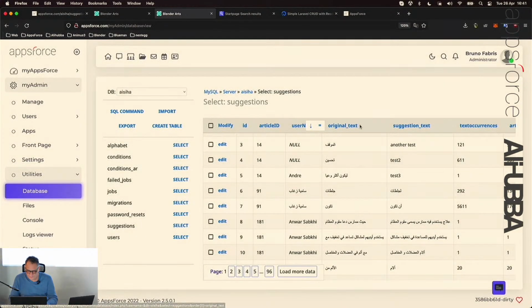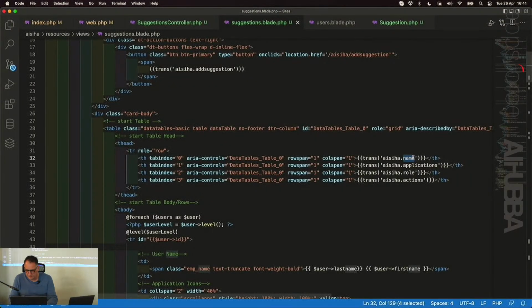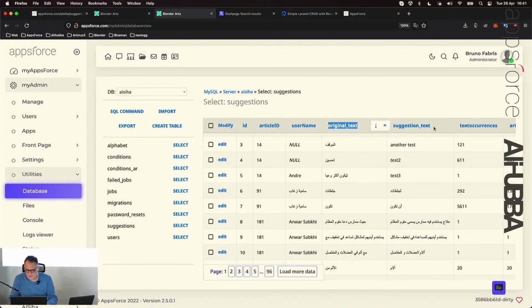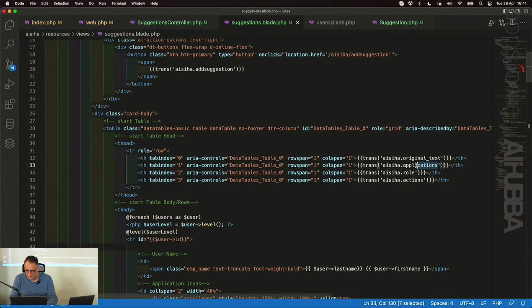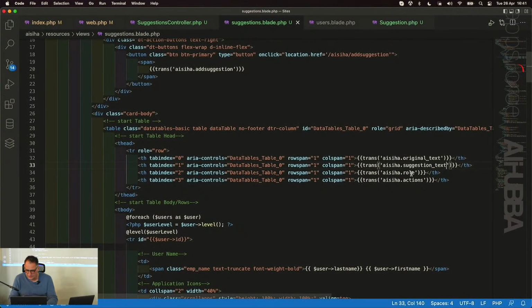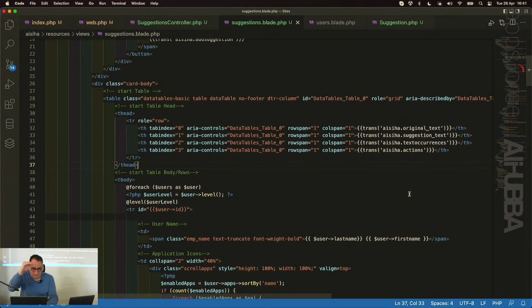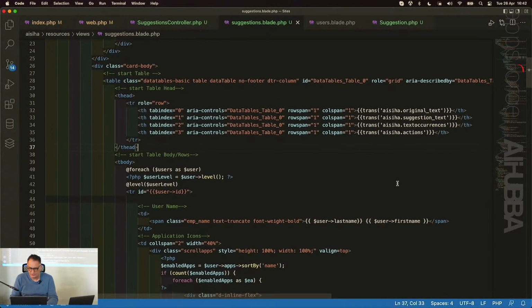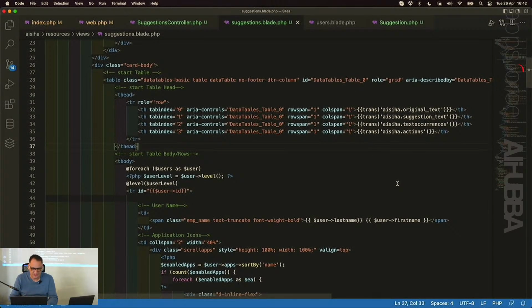I can even copy this, but you don't have to do that, okay? And this should have an underscore as well, and actions. So this is what I'm going to have: 4 columns, first one original text, suggestion, number of occurrences,